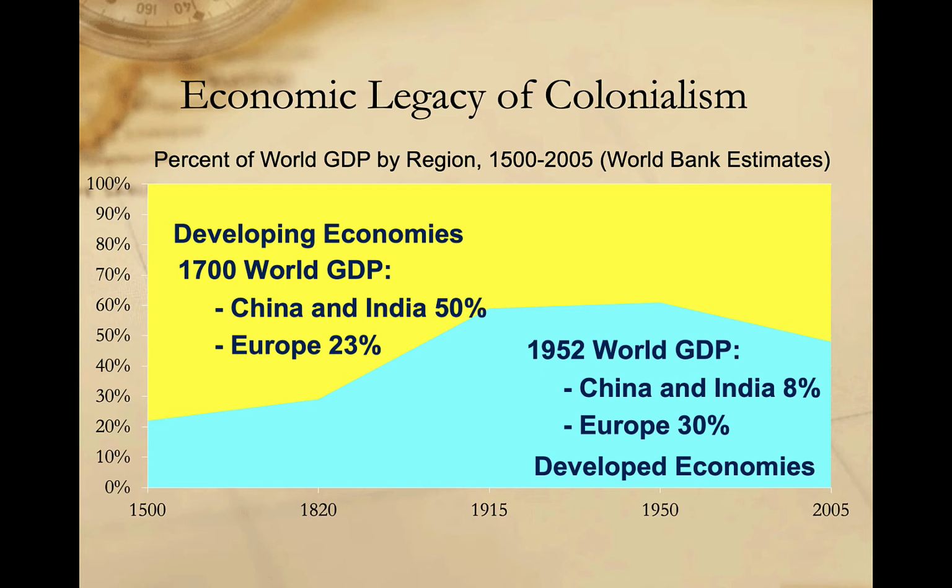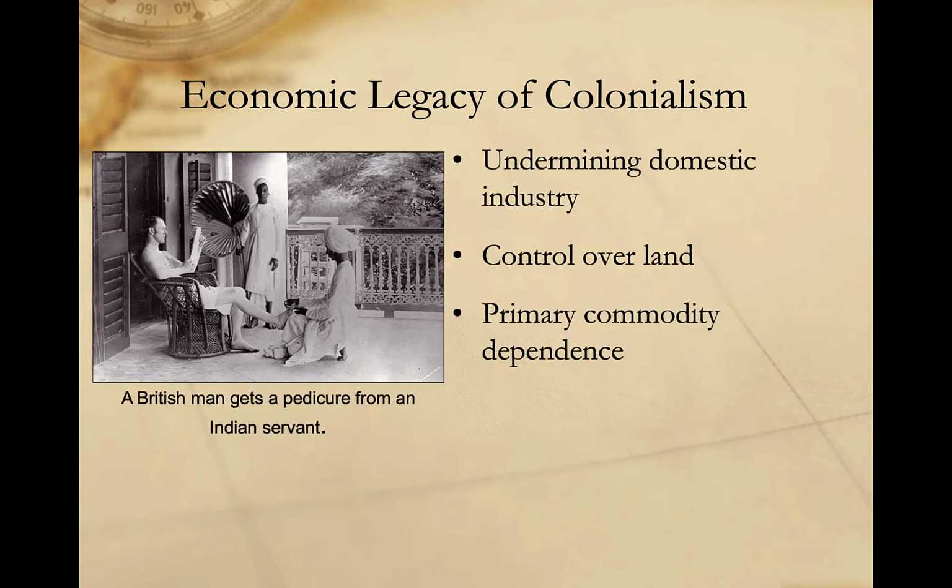These trends were the combined result of industrialization in the global north, which depended in part on the primary commodities produced by the global south, as well as on conscious efforts to undermine economic activity in the global south itself. More specifically, colonialism restructured economic activity in the colonies in several important ways. First, domestic industries were often undermined or destroyed to make the colony more dependent on the export of manufactured goods